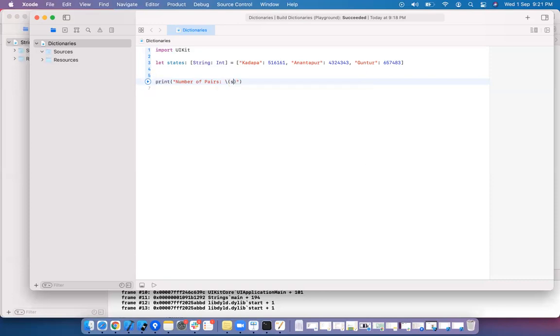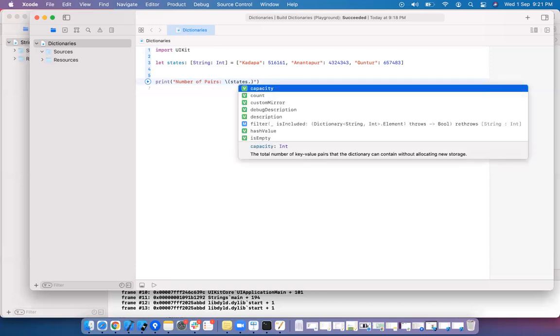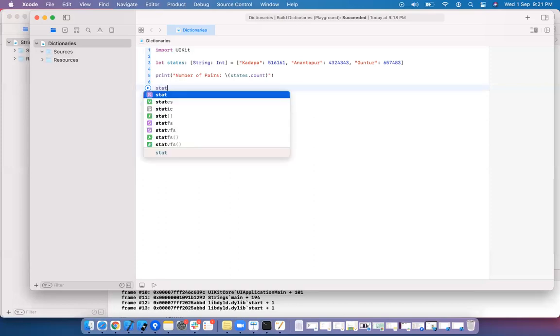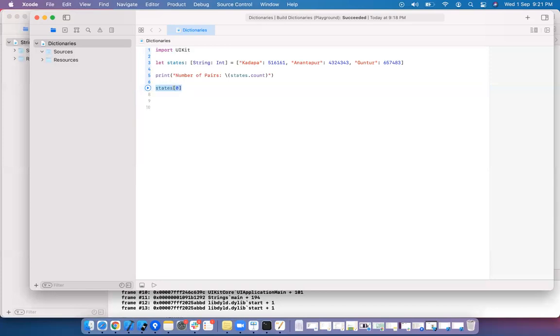The dictionary is also a collection of objects, like the collection classes, right? It also has a count method. If you want to add a new element, you can add that. There is no index. By using an index, you cannot access states of 0, which does not work, because this is a subscript after an integer index, whereas dictionaries do not contain any index, so it is giving an error, no exact matches in the call to subscript.